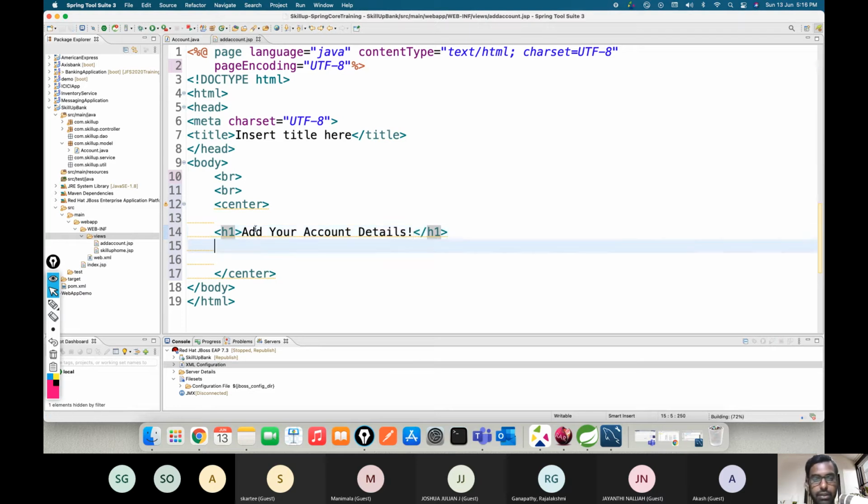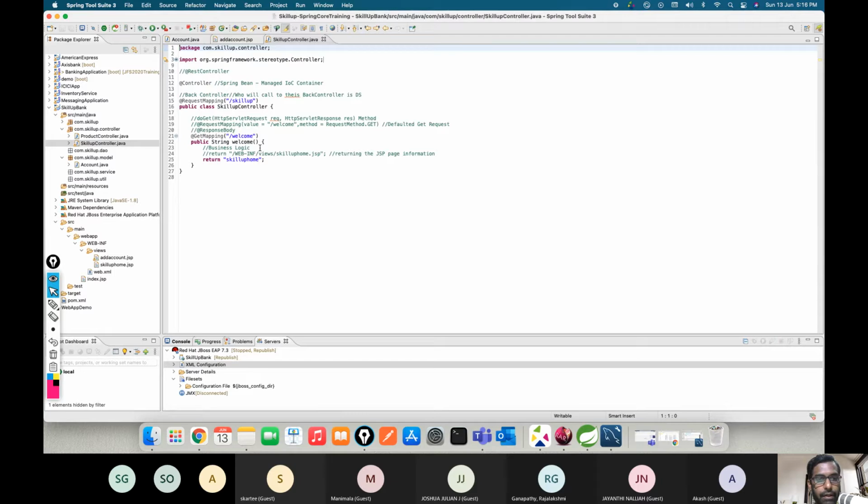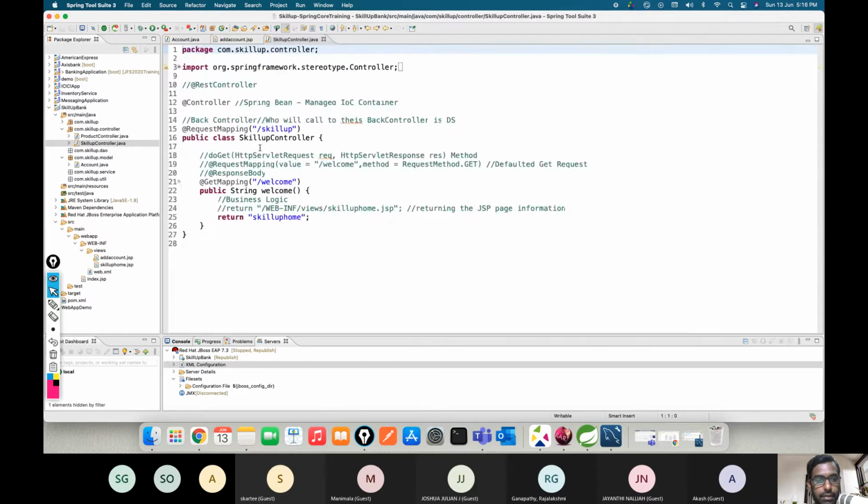Okay, so this is what I have in this page. I want this page to be loaded. So what am I supposed to do? Go to your controller. We have the SkillUp controller. And inside this,